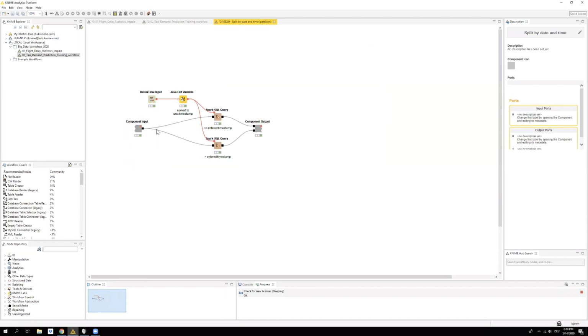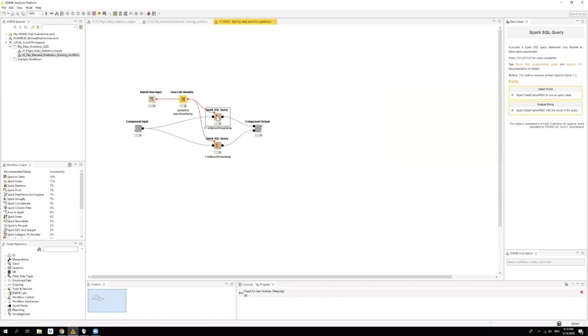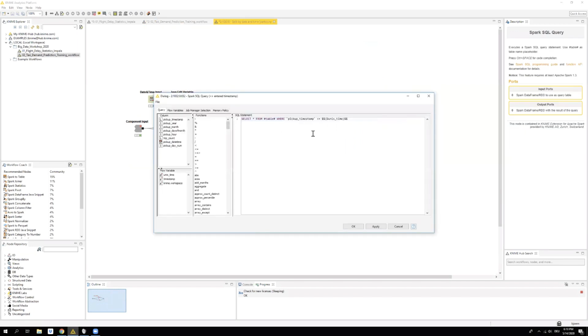The way this is implemented here is using the Spark SQL query node. This one is really kind of a Swiss Army knife. Spark SQL is Spark's own little SQL dialect, which is also quite powerful. And since we don't have a node for everything in Knime, or a Spark node for all the things you can do with Spark, this is kind of the thing that you would use first when there's no special node for the thing you want to do.